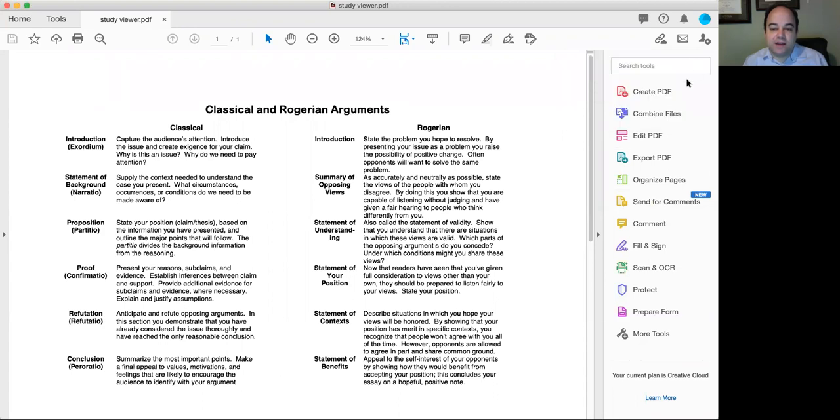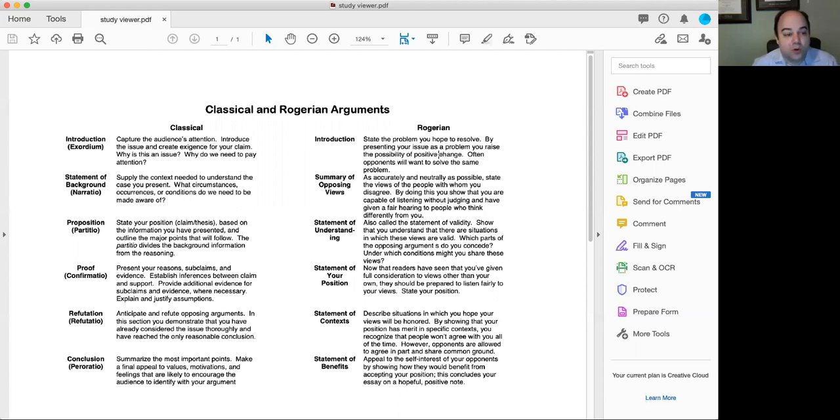So what I was saying in the opening to my video was that what we are trying to achieve here is a type of argumentation that relies on common ground and tries to seek that out. One method to do that is a style of argument called a Rogerian argument. On this chart, you can see the difference between a classical argument that is just trying to prove that you're right and that the opposition is wrong, versus a Rogerian argument that seeks common